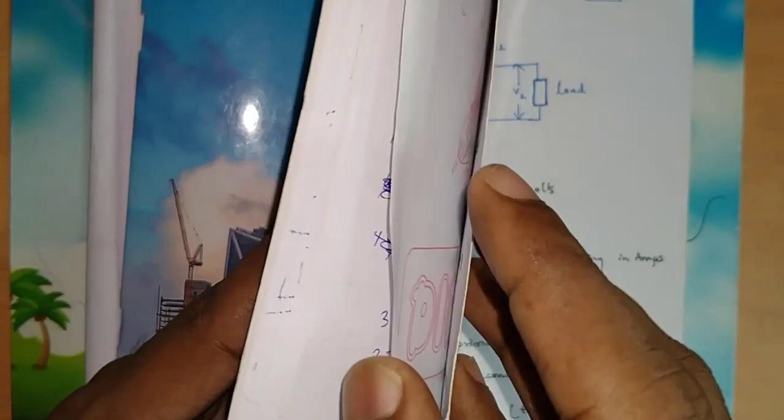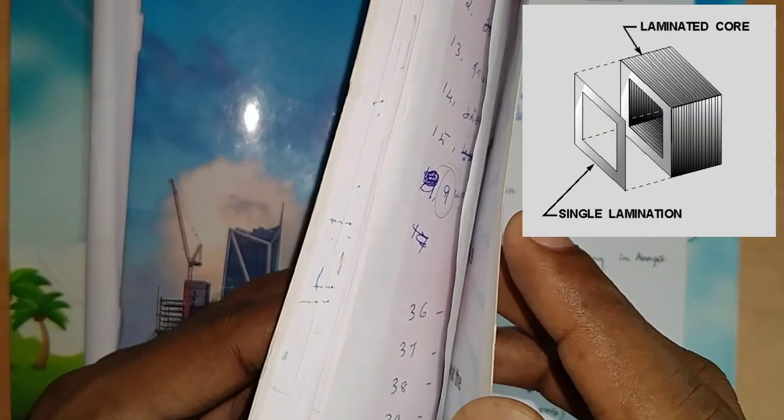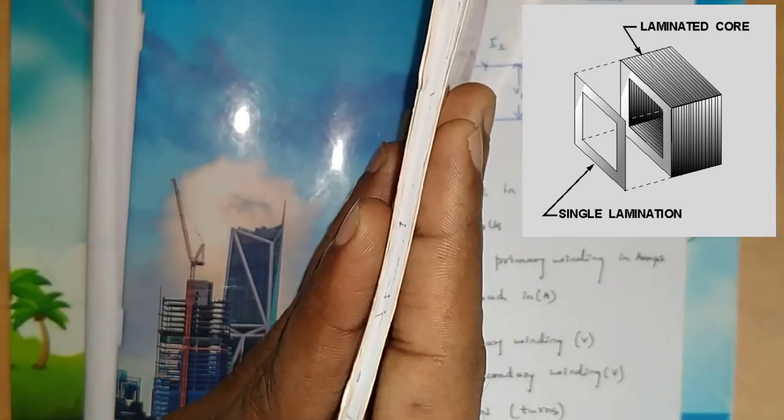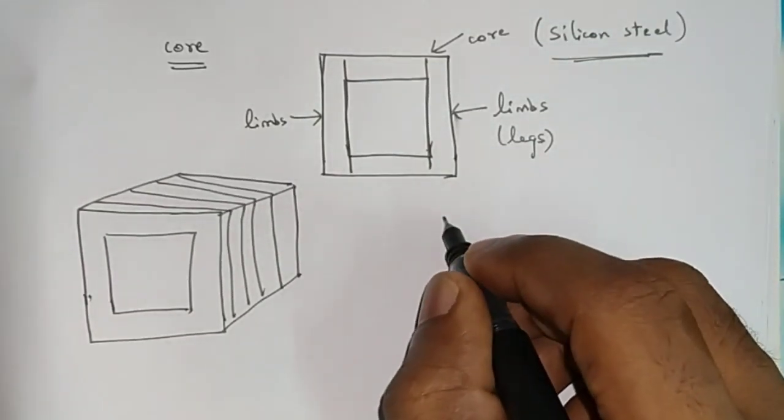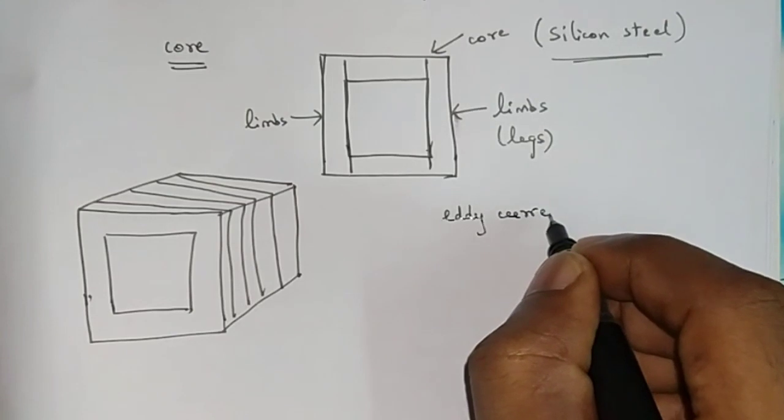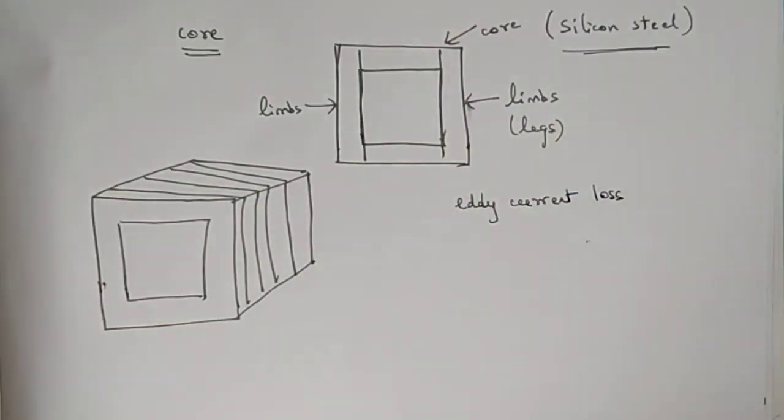I take the example of a book. This whole book is nothing but the core. Now you can see how this book is formed, combining many thin sheets, it may be 100 sheets or 50 sheets, pressed together to form a book. In the same way, these sheets are made of paper, whereas in the figure you can see for a core, thin sheets made up of silicon steel. Each silicon steel sheet is laminated separately and pressed together to form a thick core. The lamination is done in order to reduce eddy current loss in the transformer. So this is about the core.